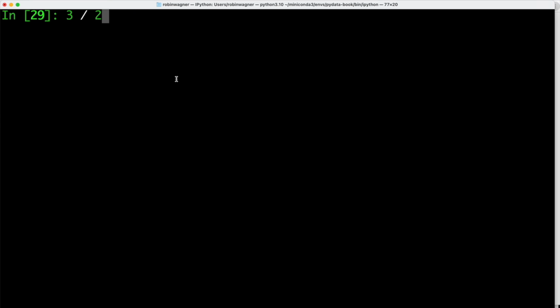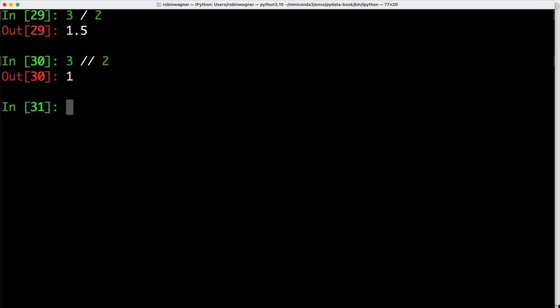Now if we try to divide 2 integer values that are not evenly divisible, then we always get back a floating point number. If we want to avoid that and we still want to get back an integer number, we can use floor division, in which case the remainder will be removed. So in this case, if we use floor division by dividing 3 by a value of 2, rather than getting back a value of 1.5, the remainder, so 0.5, will be dropped,